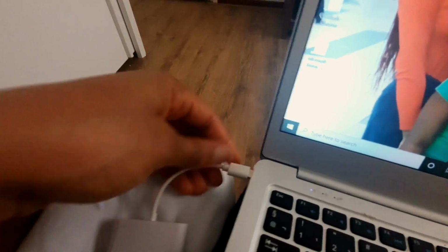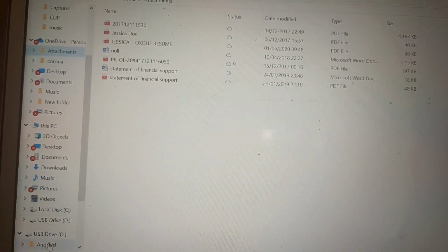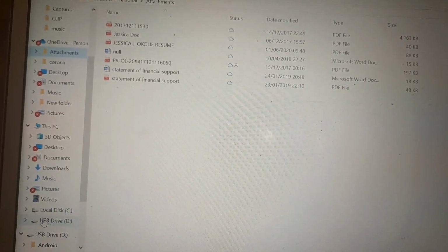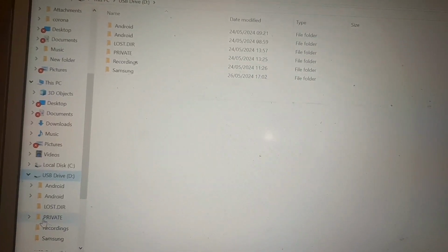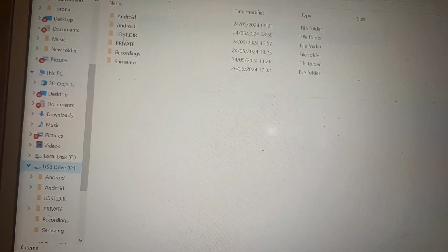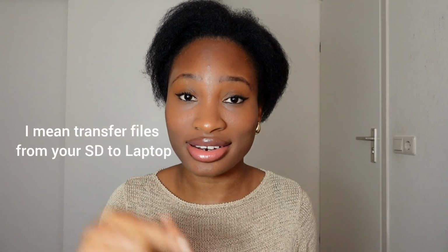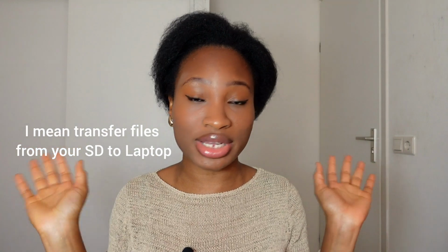And it's the same thing for the laptop as well. Just plug it in, make sure the light is turned on, and then scroll down, go to USB drive, and then inside you would see private, you go to M4, basically the same way you would operate it in your phone. Then you can move the SD card into your laptop if you choose,